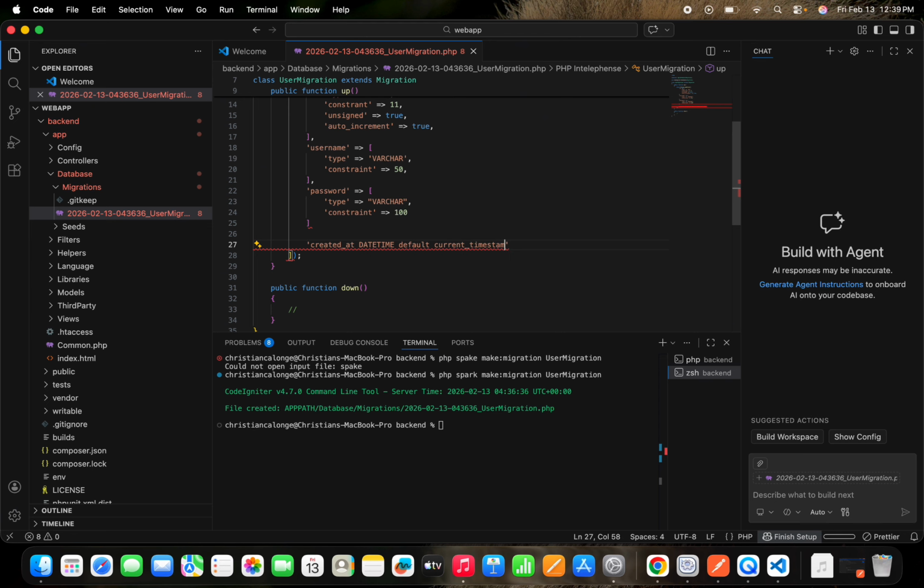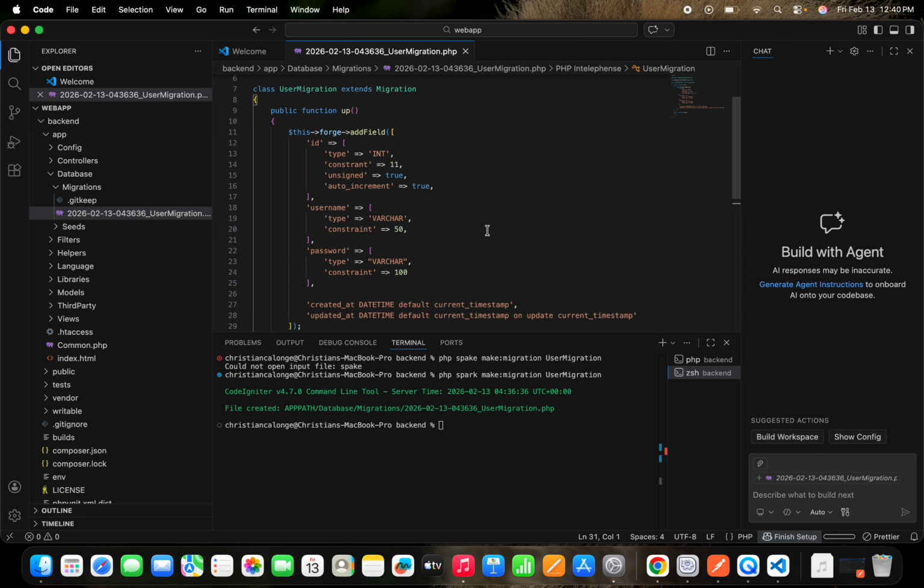Created_at, datetime, default timestamp, and then here updated_at. So every time you update a table, it will record the timestamp, default current timestamp, then use ON UPDATE and then current timestamp. That's it.